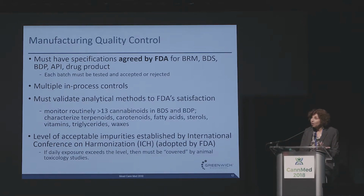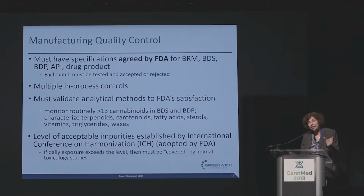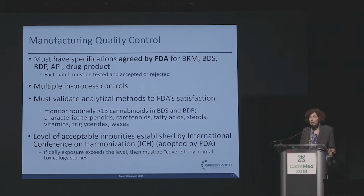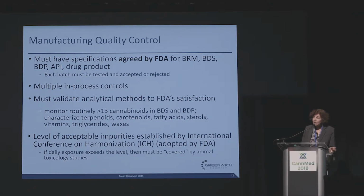We have multiple in-process controls. We have to validate our analytical methods to FDA's satisfaction. In Sativex, we monitor for more than 13 cannabinoids, and we characterize about 7 categories of other plant components. The level of impurities is established by the International Conference on Harmonization, or ICH, and FDA has adopted those guidance documents. So particularly in a purified product, if an impurity exceeds the daily allowance under ICH, we have to do animal toxicology studies to cover